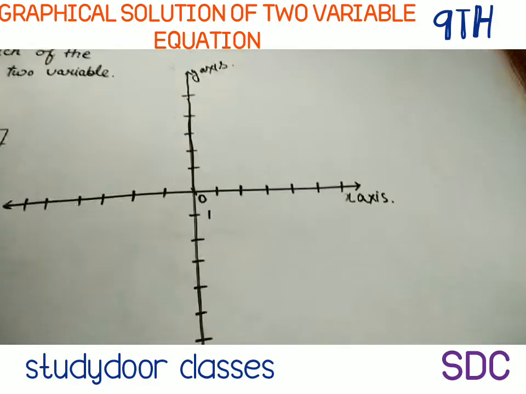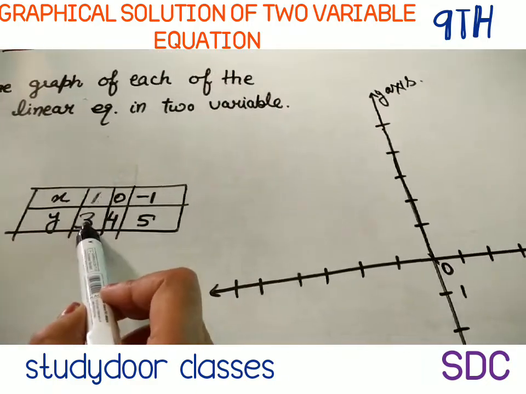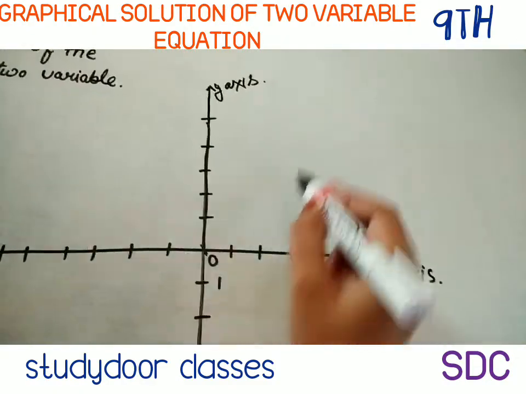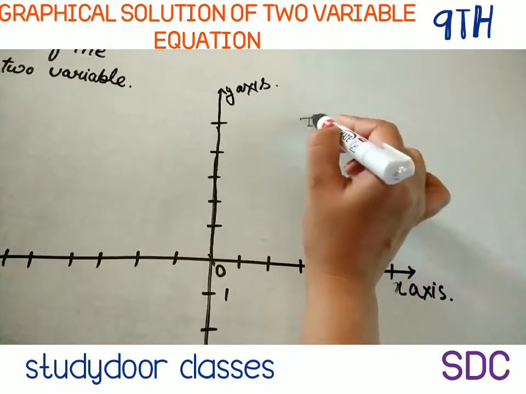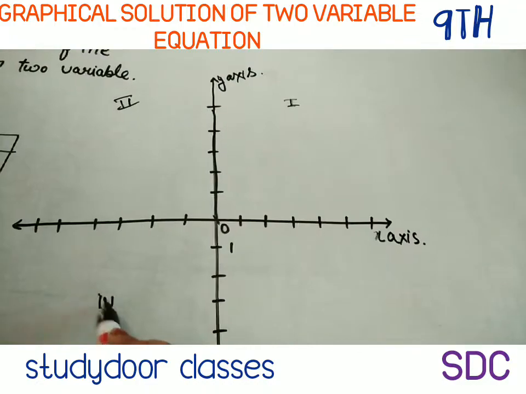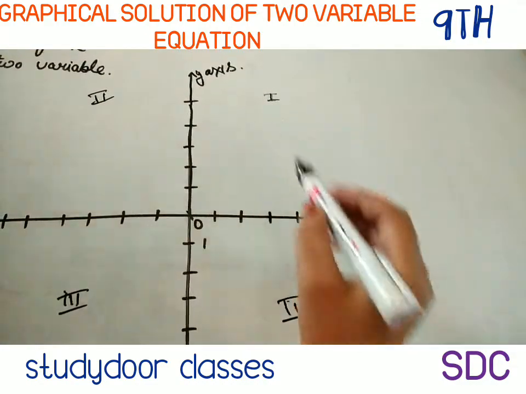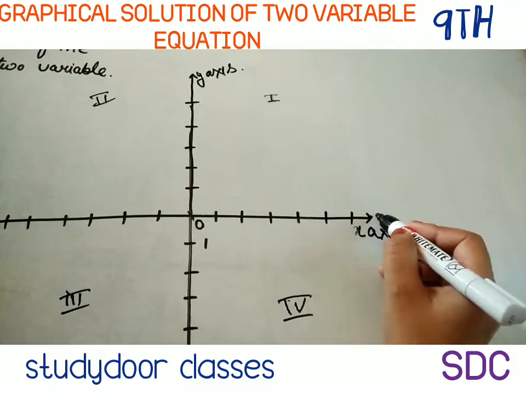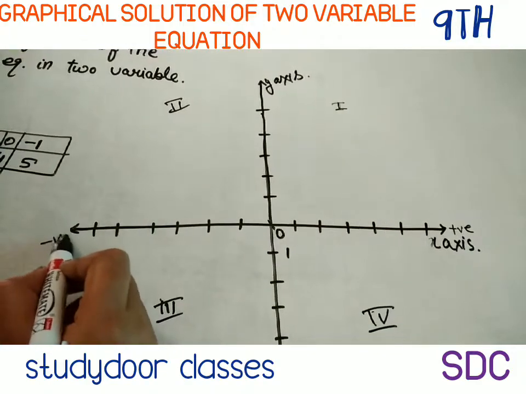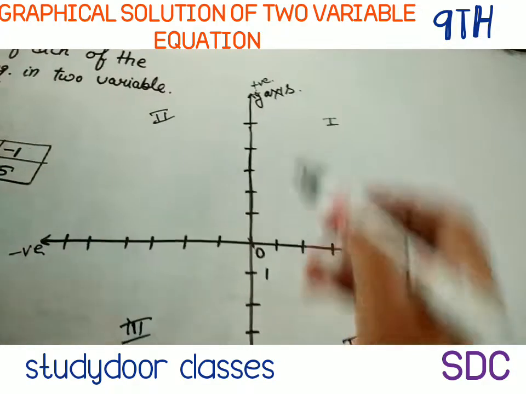Now we have to show the points on this graph. We have the point x is equal to 1 and y is equal to 3. First of all, we will take the points on the x-axis. This is the first quadrant, this is the second quadrant, this is the third quadrant, and this is the fourth quadrant. In the first quadrant, both values are positive. Here x-axis is positive and on this side x-axis will be negative. Y-axis is positive and y-axis